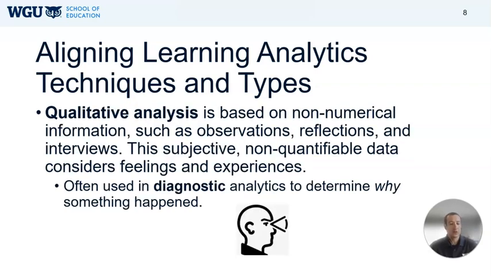Then we'll also want to use qualitative analysis, which is going to be used during that diagnostic stage because we're trying to determine why did something happen. So qualitative is all about what we see, what we know, our observations, reflections, the information, the experience that we have. We're going to bring all this together. It's much more subjective. We can't necessarily quantify it and use data points for it, but we're taking into account our experiences, our knowledge, what we're seeing, what we're hearing to provide that explanation for why things are working out the way they are.